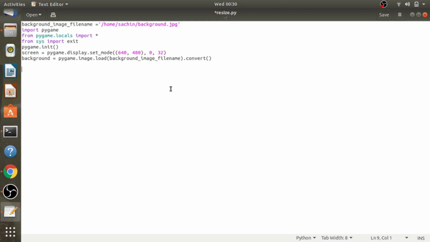Here a little bit we have to change. The first one is we have to pass resizable instead of 0, and the second one is we have to define a screen size in a separate variable, and let's say we are passing a tuple of 640, 480, which is a standard size. Okay, now come to the main loop, while True.